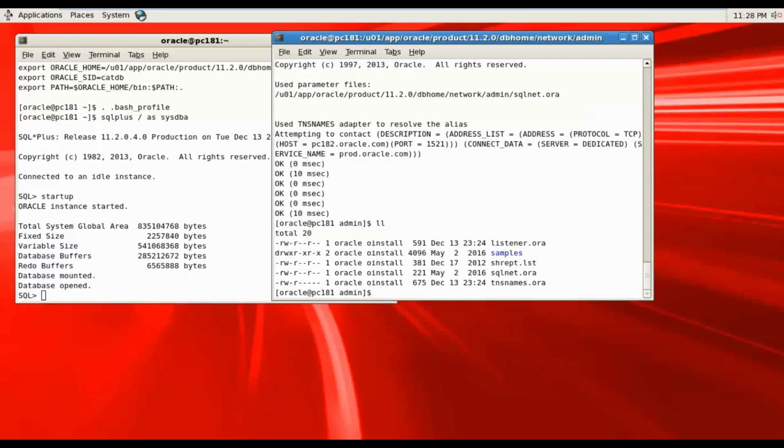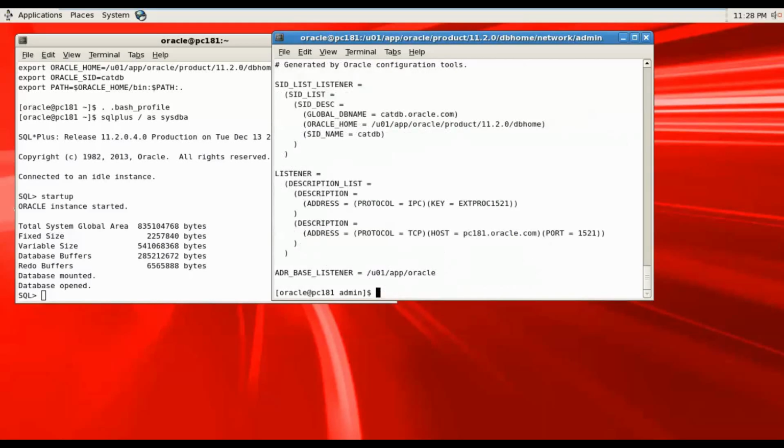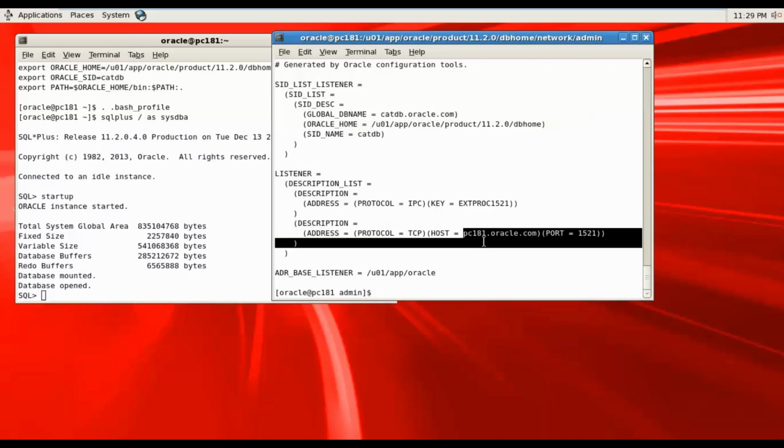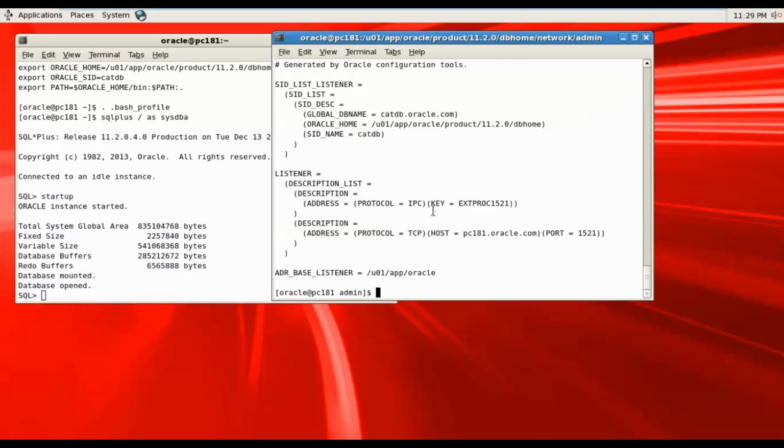So if I check my listener file and then the TNS file now, cat listener.ora, you can see listener, I can see catdb.oracle.com and Oracle home, and listener is pointing to host pc181.oracle.com, and the port is 1521, right?